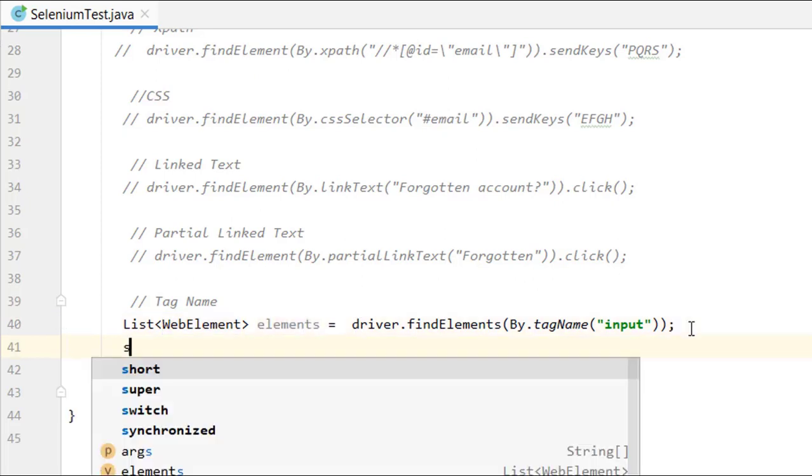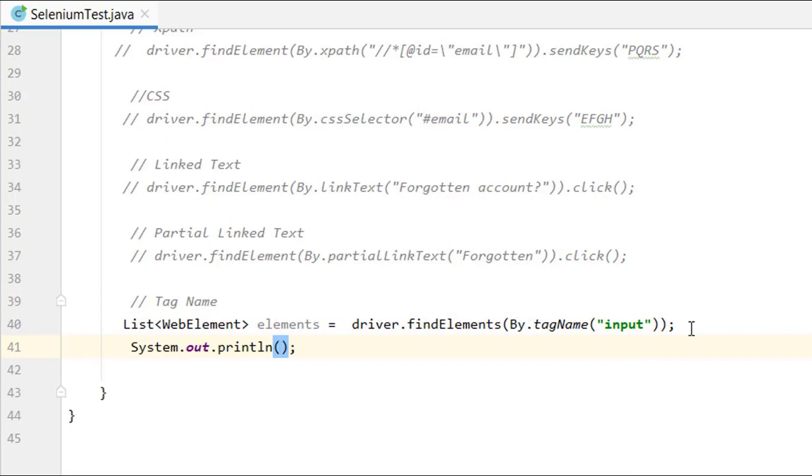Now let me print out the number of input boxes on web page. Basically we need to print the elements dot size.